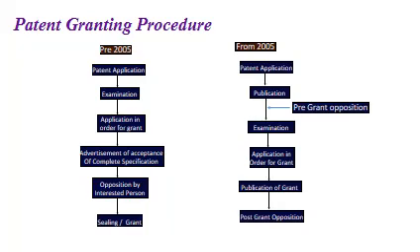See, before 2005, first is the patent application, examination, order for grant, advertisement, opposition by interested persons, grant. Now, how to file the patent, then the patent is published. After publication, we look for any oppositions, then examination, then grant of the patent, then publication, then we show whether any oppositions are available. This is the patent